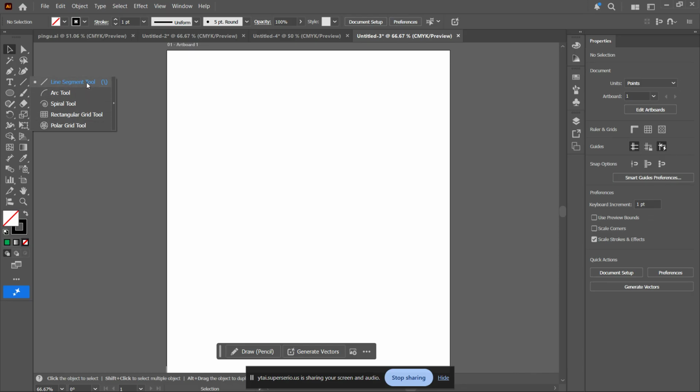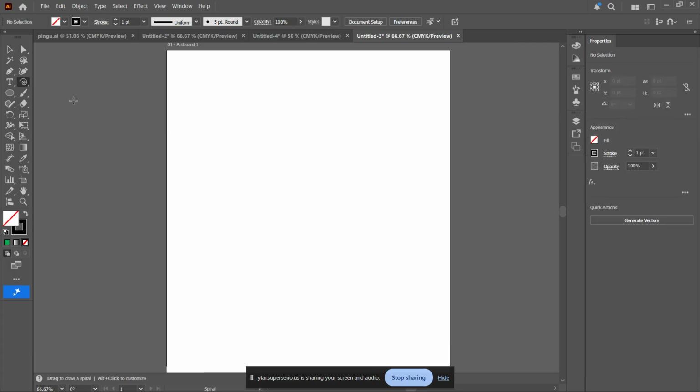Inside this menu, you'll see a few different options, including the Line Segment tool, the Arc tool, the Spiral tool, and sometimes the Rectangular Grid and Polar Grid tools, depending on your workspace. From this list, select the Spiral tool. Once you click it, your cursor will change, which means Illustrator is now ready for you to draw a spiral